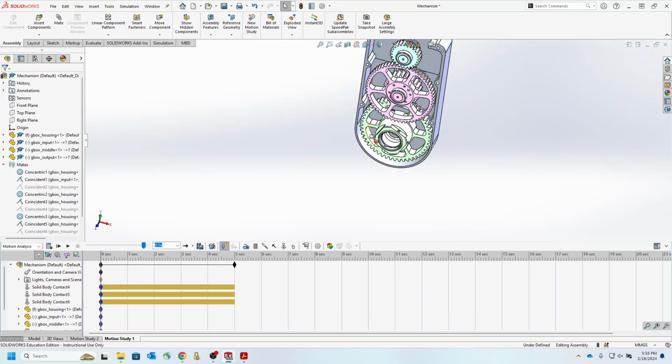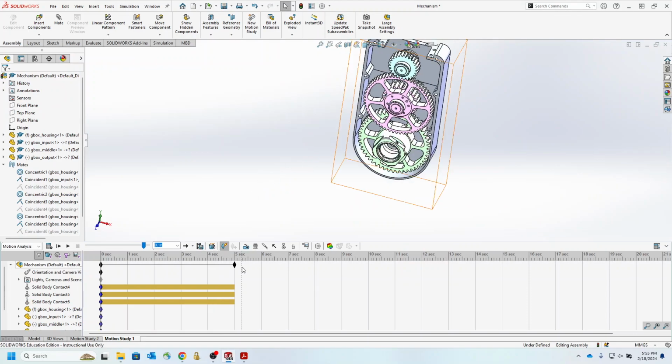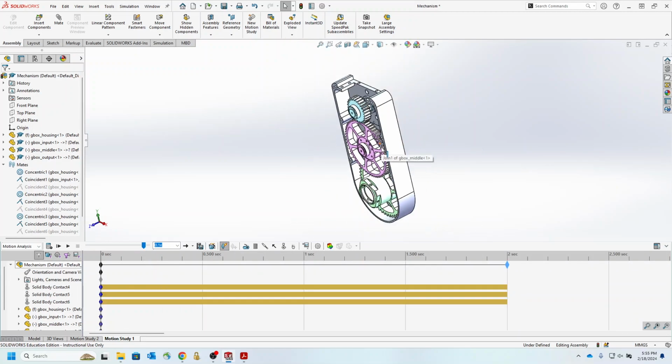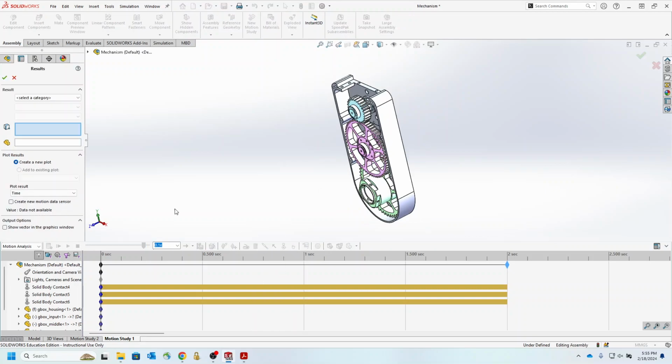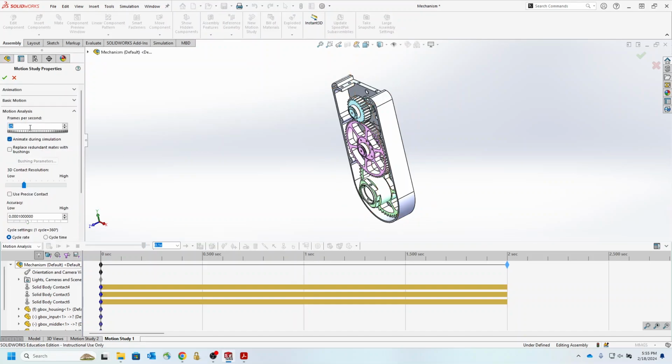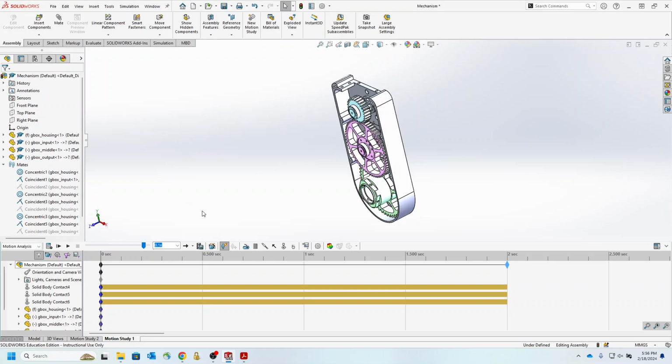Then we wanted to go back and simulate for 2 seconds only. Zoom in. It didn't say anything about gravity, and I don't think it matters much. But for this one, they say use 300 frames per second, precise contact. I put it all the way down. I don't think we need that much of the precise contact, but